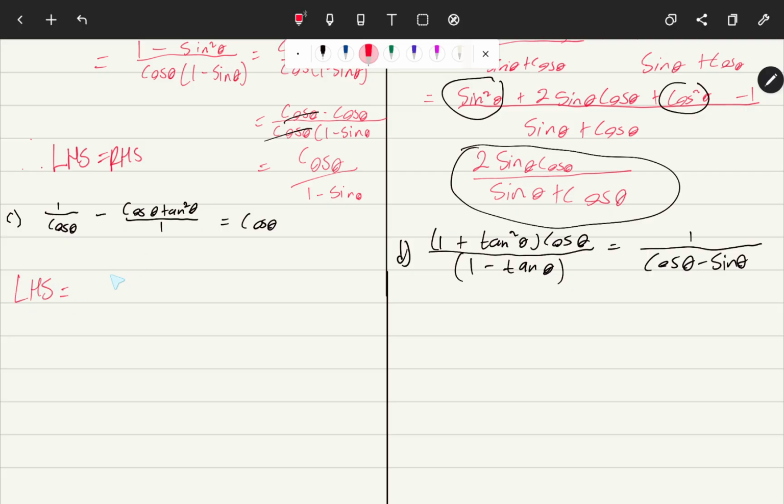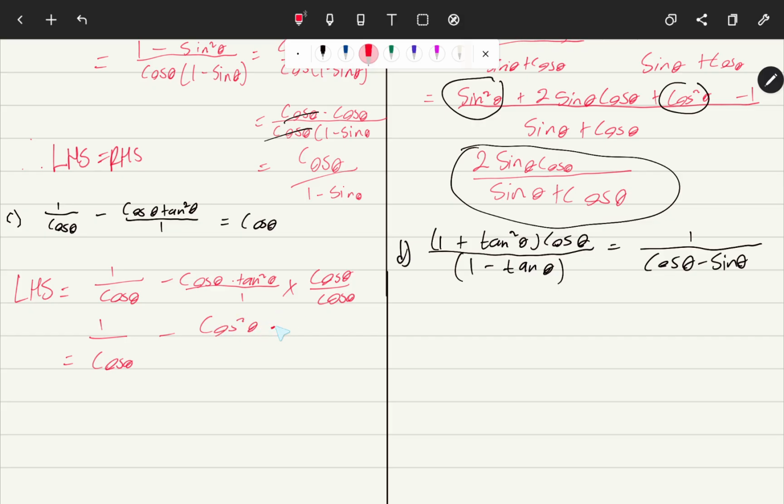So left hand side, I have 1 over cos theta minus cos theta times tan squared theta all over 1, and already I just want to multiply by cos theta over cos theta, because remember it's fractions and we're subtracting, so same denominators. Then I have 1 over cos theta, then I have minus